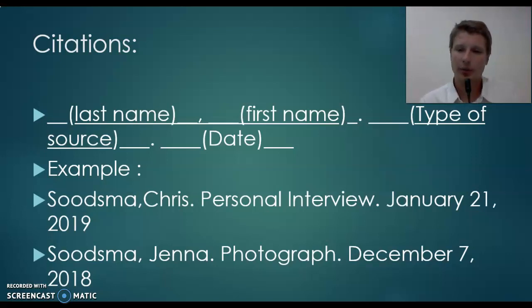If you're working on your project and you're wondering, oh, how do I do a citation again for a personal interview or a primary source, something that I'm going to be doing while I'm doing my family tree project. This is the template, and I'll give you a short explanation again of how to use the different information that you have. Well, here, we use citations when we want to give credit to the person or thing that